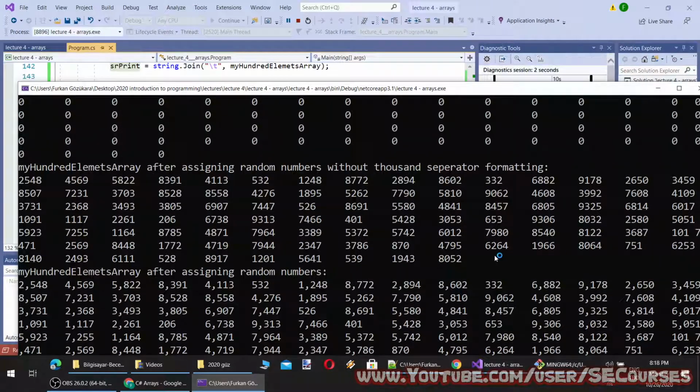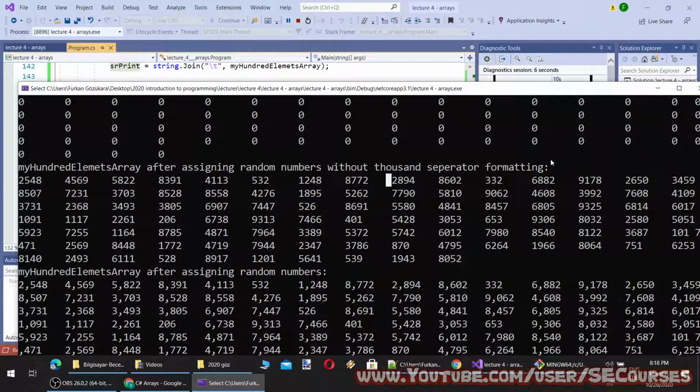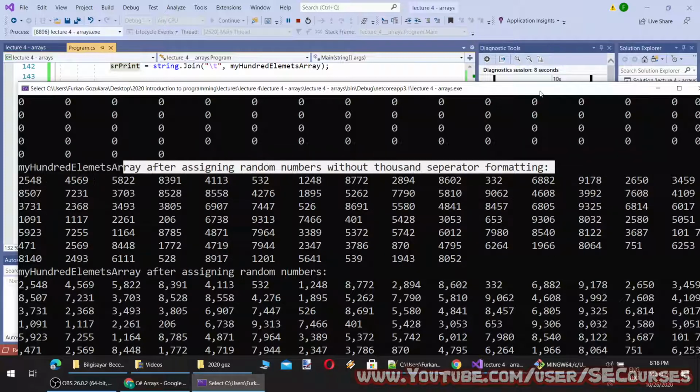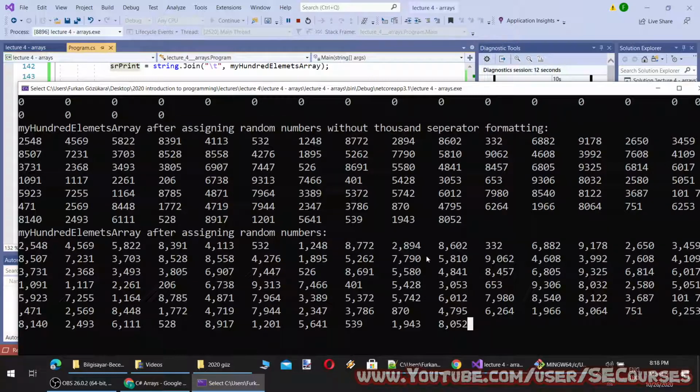Okay, so this is the raw int of the assigned random numbers you see without 1000 separator formatting, and after I format them, they are printed like this. It puts a comma for 1000 separator because my computer language is currently set as English.